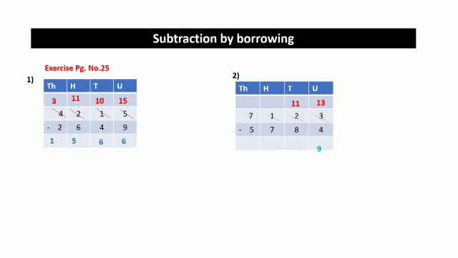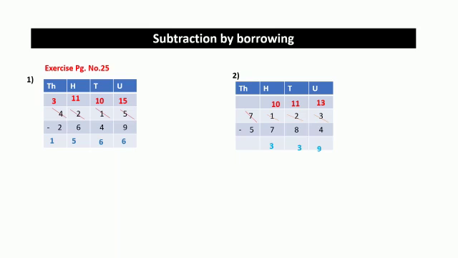After borrowing one number from hundreds place, in tens place, number 2 will become 11 because we have given one number to units place. 11 minus 8 is 3. Now in hundreds place, number 1, instead of becoming number 11, it will become number 10 because we have given one number to tens place. And 1 minus 7 is not possible. That's the reason we have to borrow it from number 7. After borrowing, 1 will become 10. So 10 minus 7 is 3.